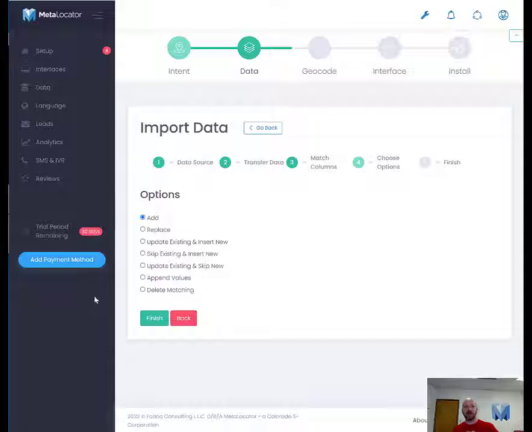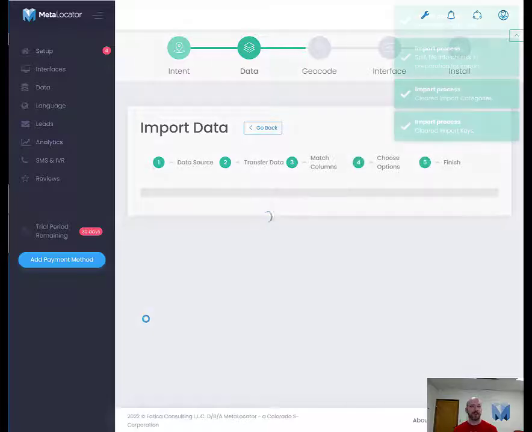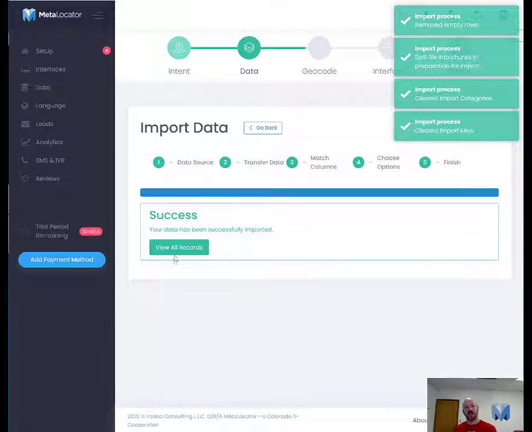MetaLocator is going to provide some options with respect to how it should handle this data. You can add the data to the existing account. You can wipe out anything in the account and replace it. And then we have various synchronization options available for doing things like a bidirectional sync. For example, if I was importing a file that was missing some locations, the import could cause those locations to be deleted from MetaLocator if you wanted to keep two data sources in sync. In this case, since the account is brand new and empty, I'm just going to leave it at the default and choose Add. So I'll click Finish, and then the system will import the data,